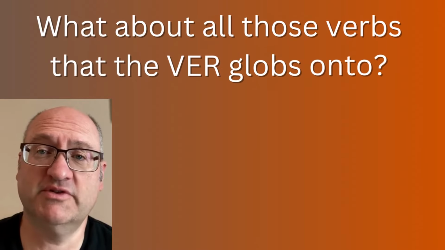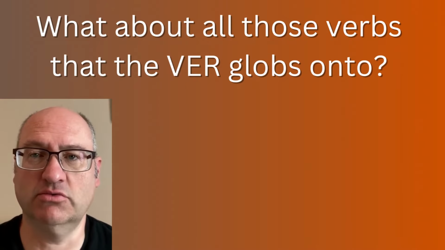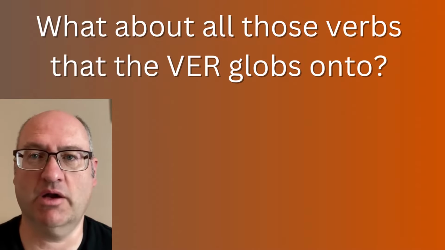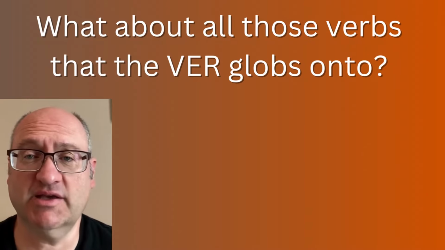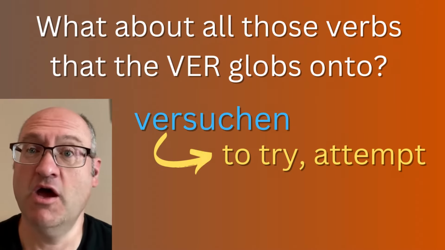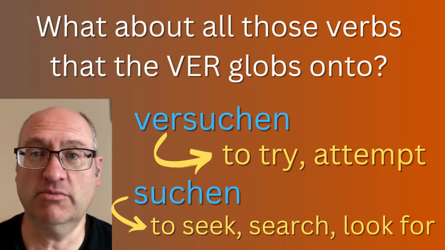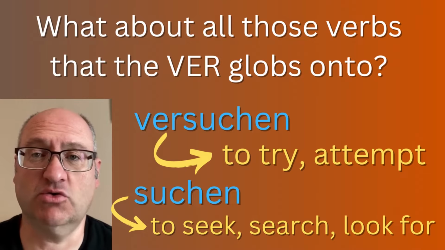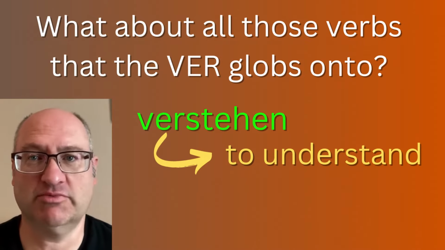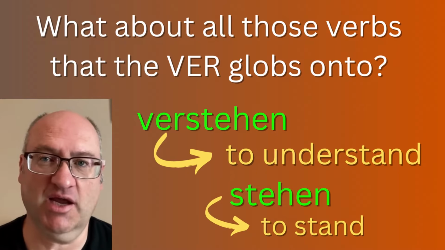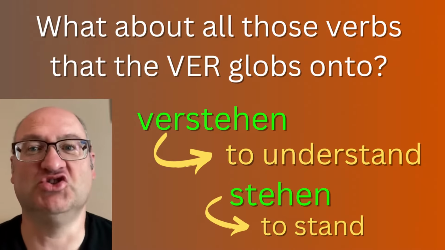Many of the verbs that the ver is attached to still have meaning today in modern day German. That's not always the case though, but many of them do. For instance, versuchen means to try, to attempt. Suchen by itself means to seek or to search or to look for. Another one would be verstehen, which means to understand, and stehen, just as in the word understand, means to stand,